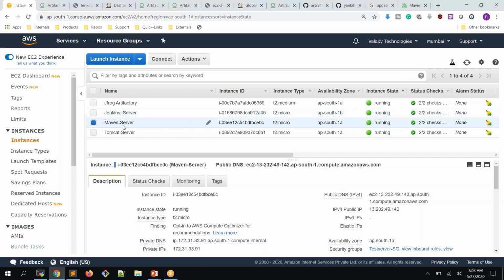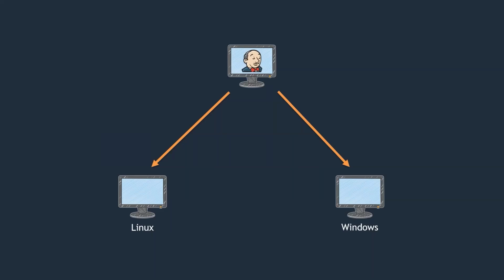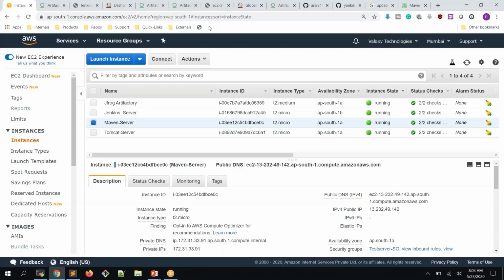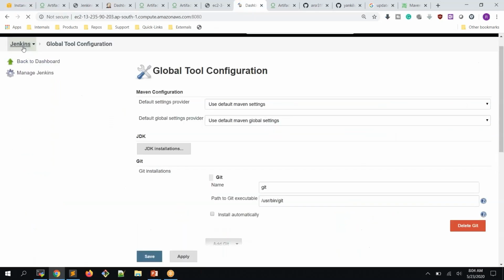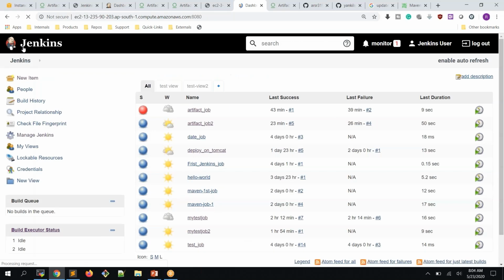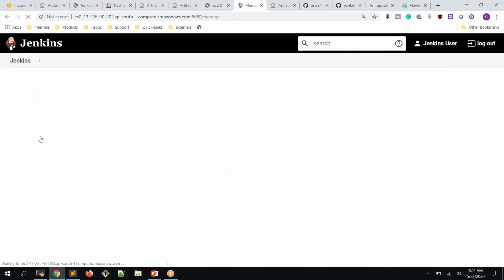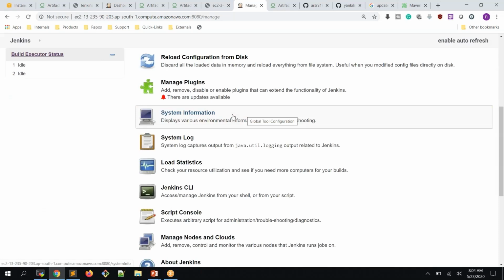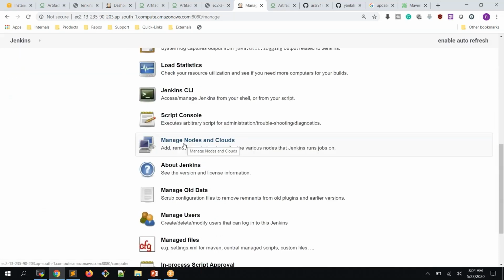Okay, slave, or what I can say node. Jenkins node. This I want to make as a Jenkins node. Now I need to go to my Jenkins server and configure this as a slave. For that purpose, we should go to our Jenkins. Under Jenkins, we have Manage Jenkins. Under Manage Jenkins, we have an option called Manage Nodes and Clouds. This is the option where we can add a remote node, nothing but a slave node for our Jenkins. So let's click over here,